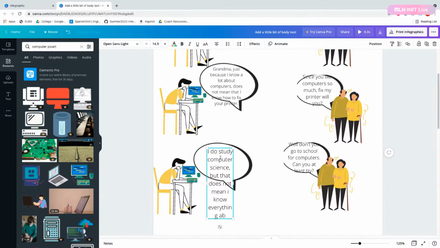And I'll say, but of course, I'll fix your printer, because when it comes to it, Johnny is a nice person who loves his grandma, so he's not going to not fix his grandma's printer. I don't know why I'm really invested in this character already, but I'm having fun with it.